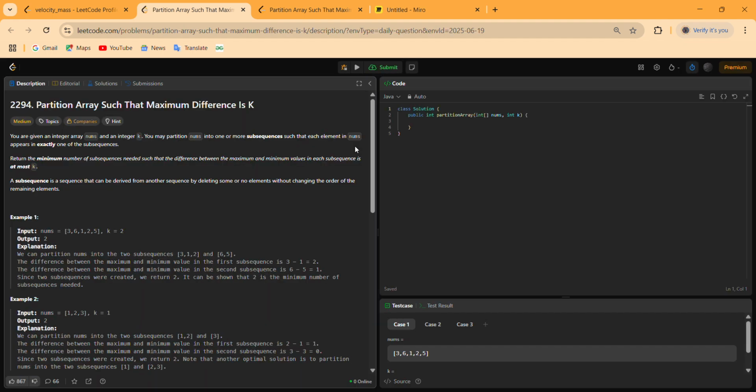Lead Code. And today's question is question number 2294, partition array such that the maximum difference is k.